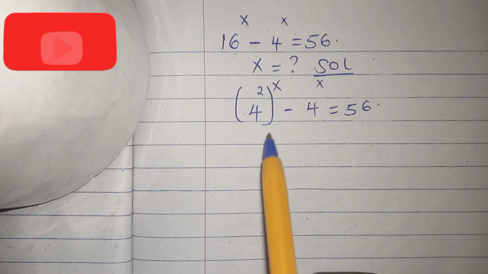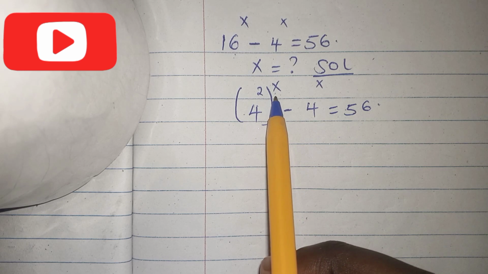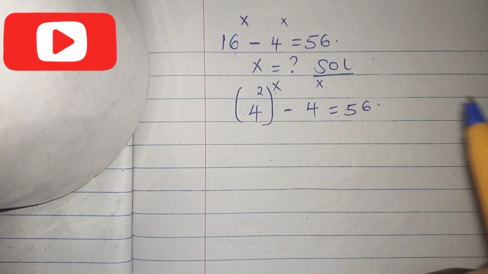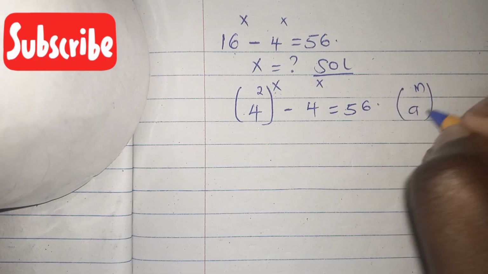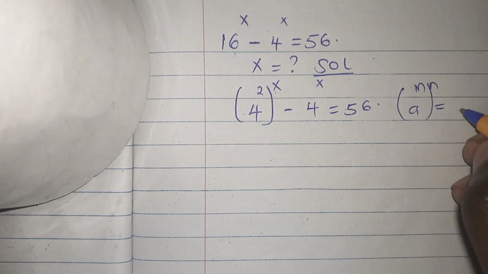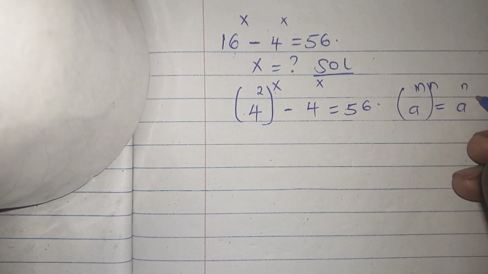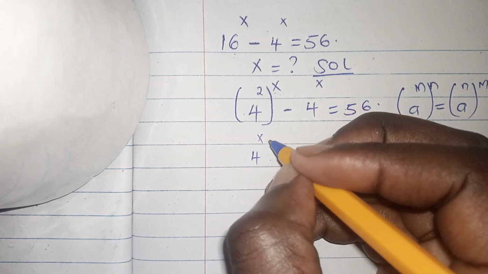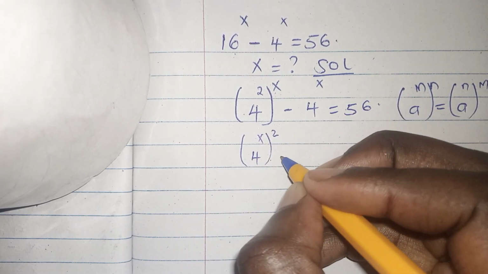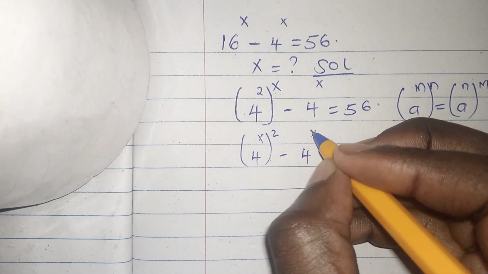In our next step, we are going to switch our exponents according to one rule of indices. So if you have a to the power of m, all this to the power of n, we can as well write it as a to the power of n, all this to the power of m. So this becomes 4 to the power of x, all this squared, minus 4 to the power of x